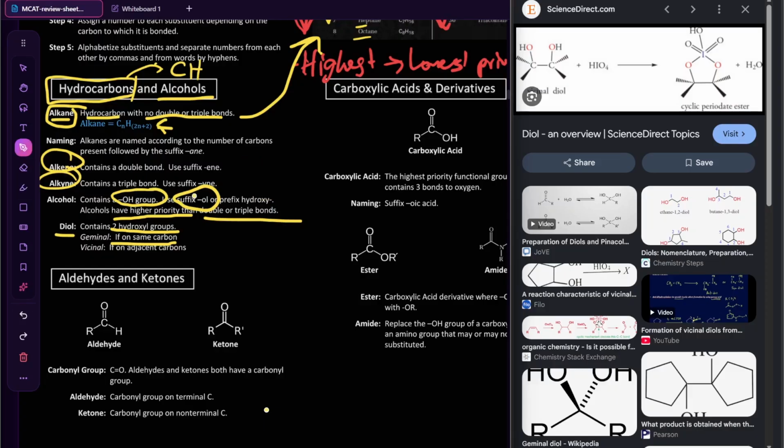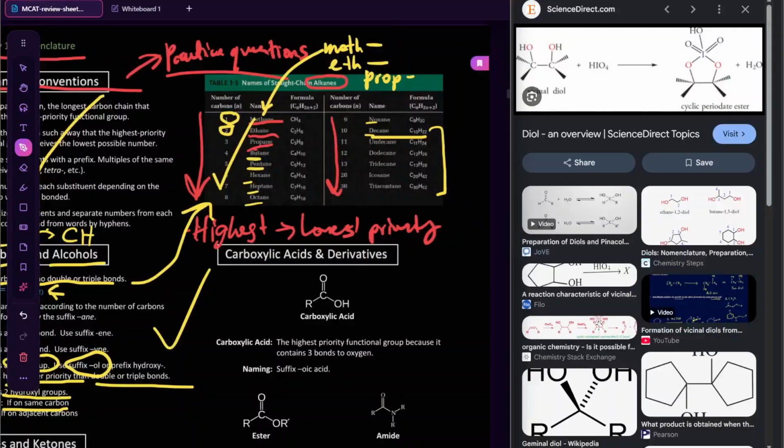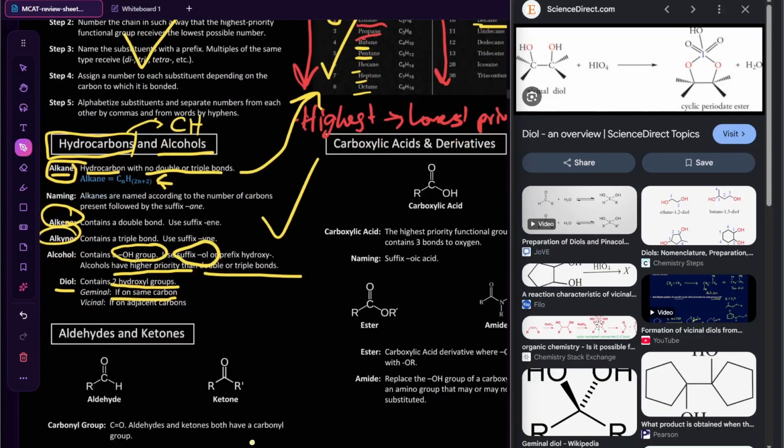So this is the basics that you want to start with, and you want to know how to name them. So stop the video, go practice naming alkanes and alkanes with alcohols, and technically those alkanes with alcohols will be alcohols, and you would have to name alcohols. Anyway, now we can go on to